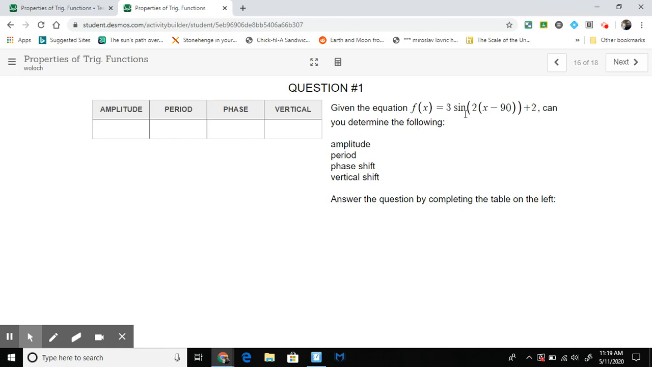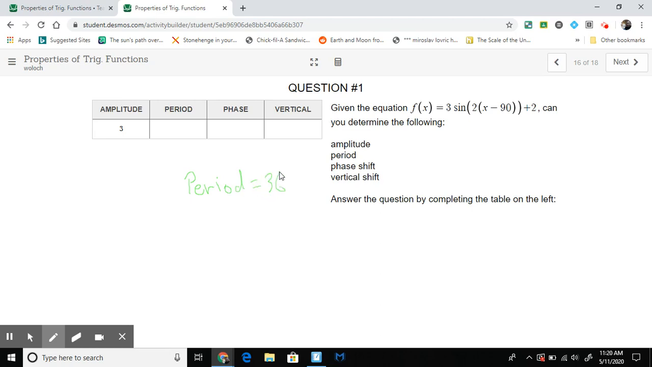So again, from a graph, can you tell me all this stuff? Usually amplitude should be pretty easy, right? Amplitude here is 3. Period, again, that's a 2. So I know that the period,